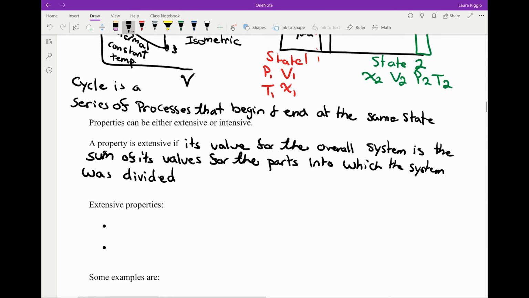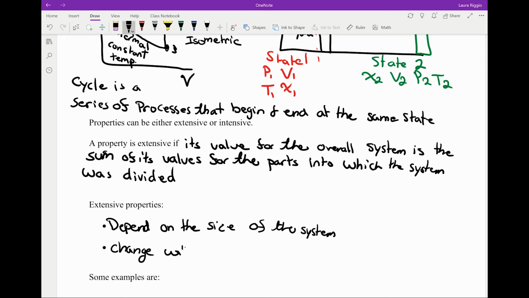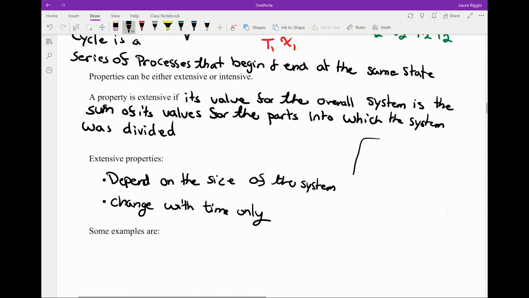So extensive properties depend on the size of the system, and they change with time only. So for example, say I had